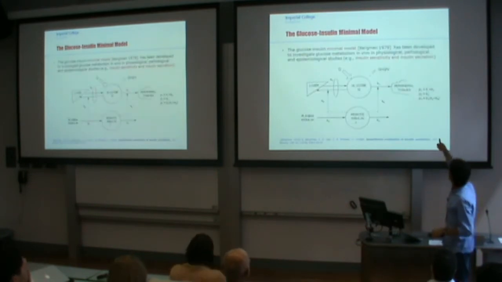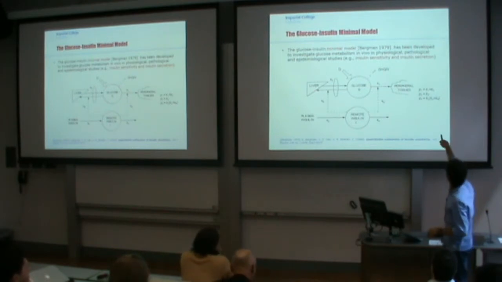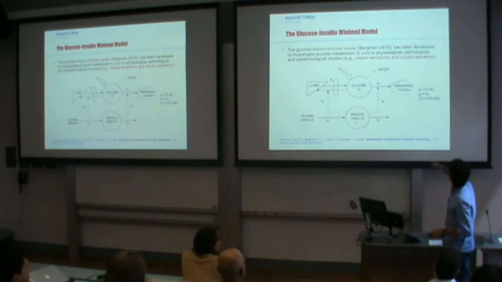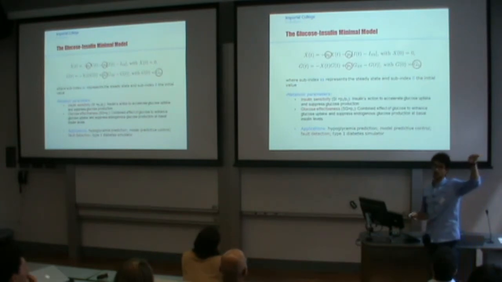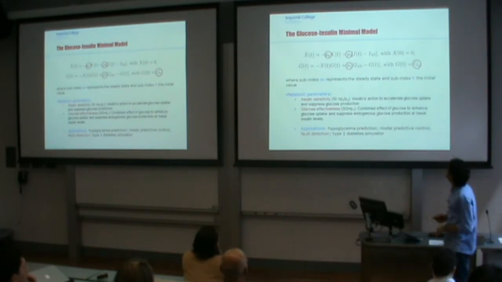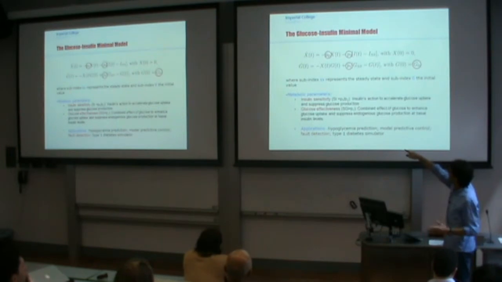We need to reparameterize the model. You see the fluxes, we reparameterize with P1, P2, P3 to make it identifiable. And now we get this form. We have 3 parameters and an additional parameter that is the initial glucose value. We have different parameters that are interesting for the clinicians, like insulin sensitivity and glucose effectiveness,